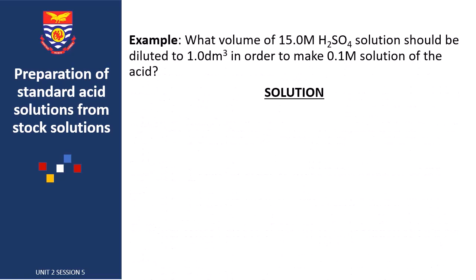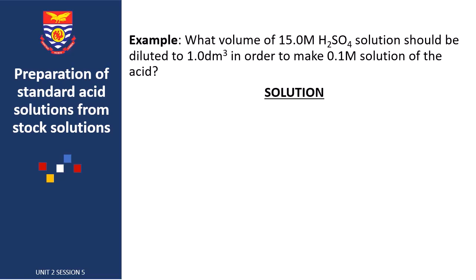And the question is, what volume of 15 molar sulfuric acid solution should be diluted to 1 dm cubed in order to make 0.1 molar solution of the acid? In other words, let's try to understand the question. Let's say somebody wants to prepare a solution, and the person has a concentrated solution with a concentration of 15 molar. The question is,